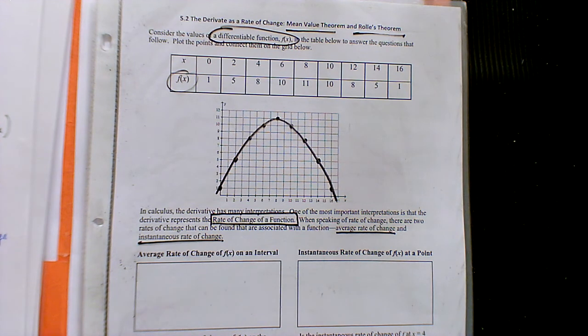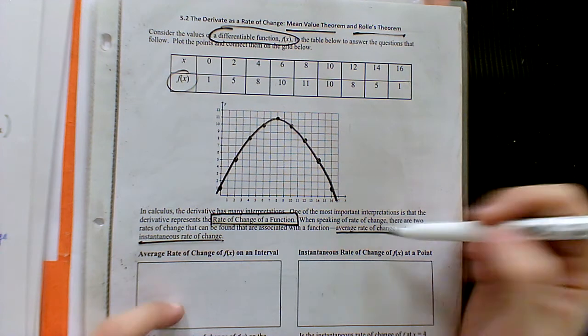I think a really good example of this, because I think of the driving age in here, is when you drive a car. So if you drive from here to the mills, for instance, you can take a look at the total distance you traveled and how long it took you to get there. After you do that division, you would get your average rate of change. On average, how fast were you traveling? But as you are driving to the mills and you look at your speedometer, that's telling you how fast you're driving at that instant, the moment you look at it. So we have two different types of rate of change, something over time or something at an instant.